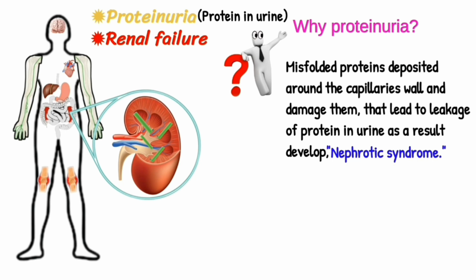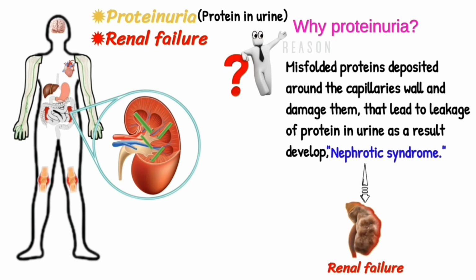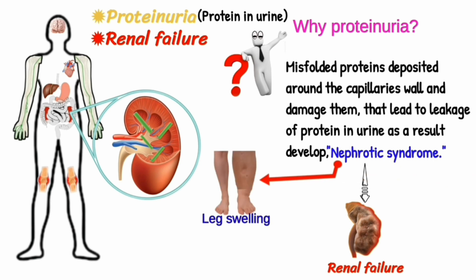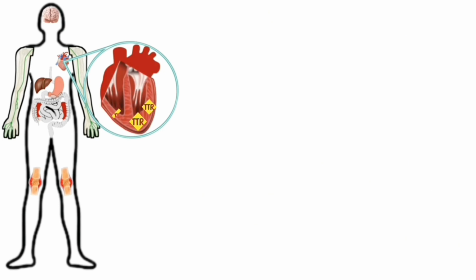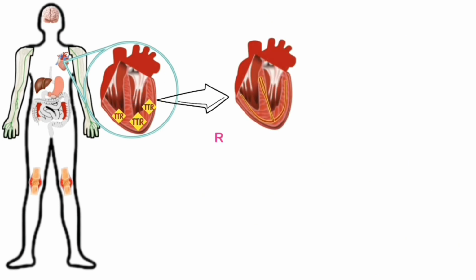Nephrotic syndrome is a condition that causes the kidneys to leak large amounts of protein into the urine, leading to renal failure. These lost proteins lead to edema or leg swelling. Anemia is due to decreased erythropoietin, and also bone weakness. In the heart,